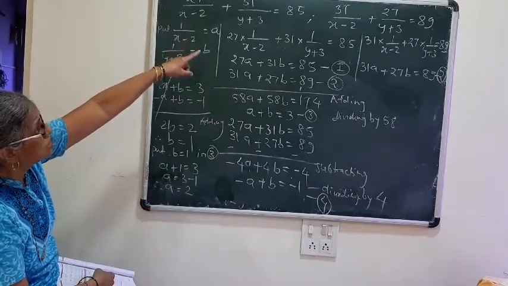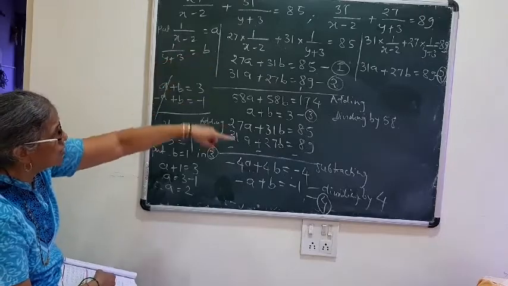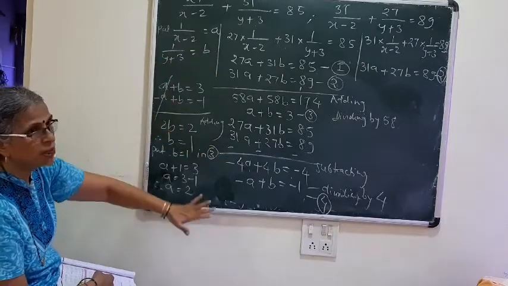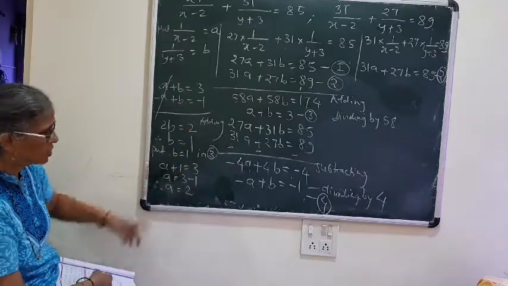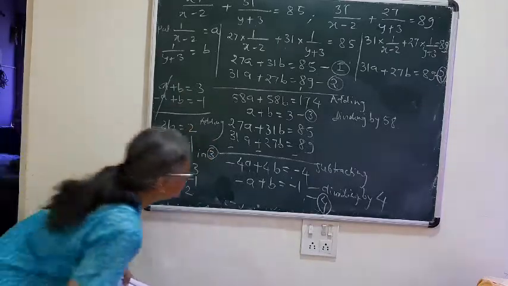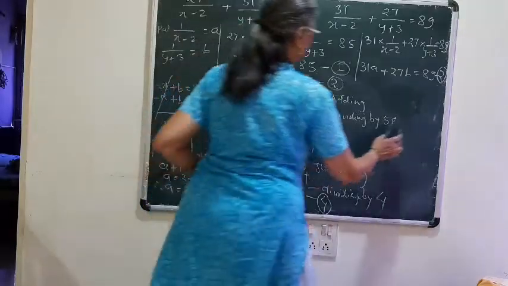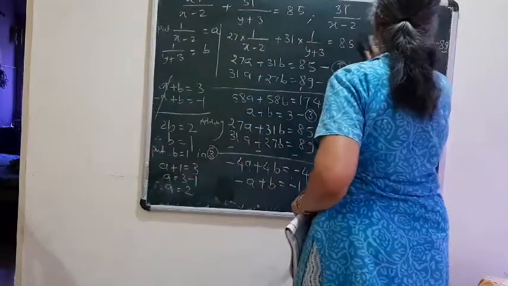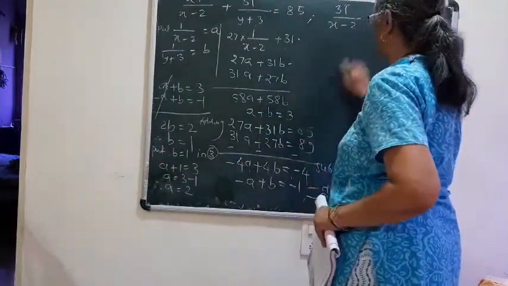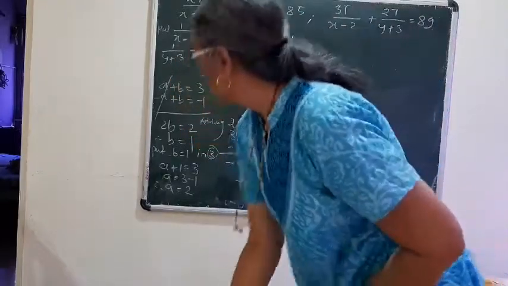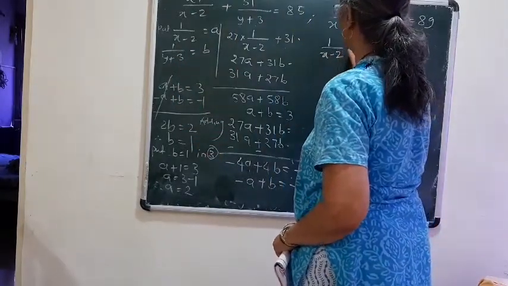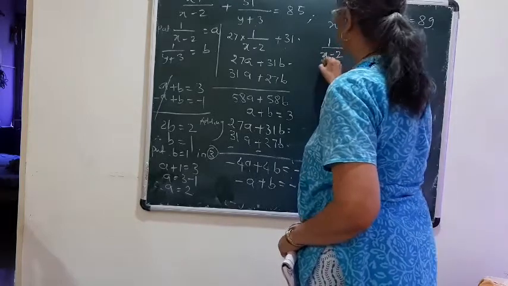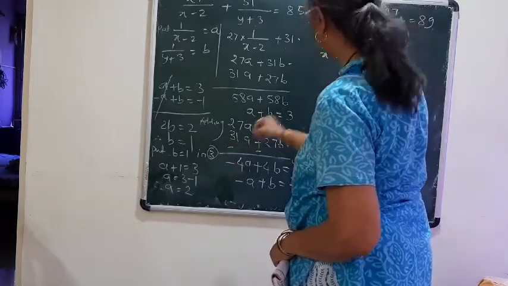But in our equation the variables are given as x and y. That means our sum is not completed. If you solve up to this you will get half marks, remember. So after this we have to substitute whichever is given. So I will substitute that on this side. What we have considered, 1 upon x minus 2, we have considered as a. So what is our a value? a is 2.